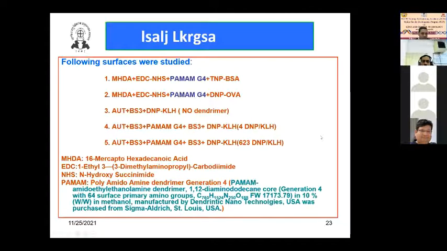So these are the surfaces that were studied at that time. We did several chemistries: mercaptoundecanoic acid, then amino undecane thiol, then the different linkers here. Then we made a three-dimensional surface using the polyamidoamine dendrimer surface. This three-dimensional surface makes more molecules of your antigen available on the surface so as to enhance the sensitivity. So this sort of manipulation you can do on the surface to enhance its sensitivity. All of these things are possible on this sensor surface.